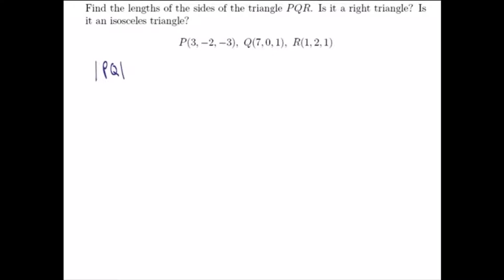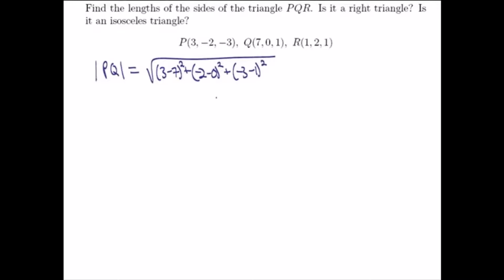the side PQ, the distance from point P to point Q. And of course the distance formula for 3 dimensions says we're going to take the square root of the difference of the x values, so we can take 3 minus 7 and square that, plus the difference of the y values, negative 2 and 0, square that, and then plus the difference of the z values, negative 3 minus 1,